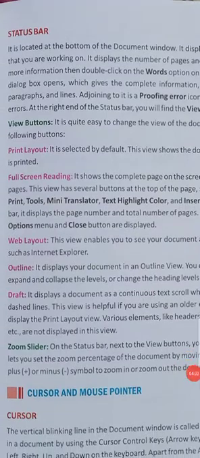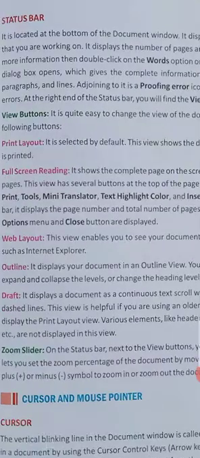Status bar: it is at the bottom in MS Word. It will show how many pages we have written and how many pages we have in our file. View buttons: through these view buttons we can easily see our document.